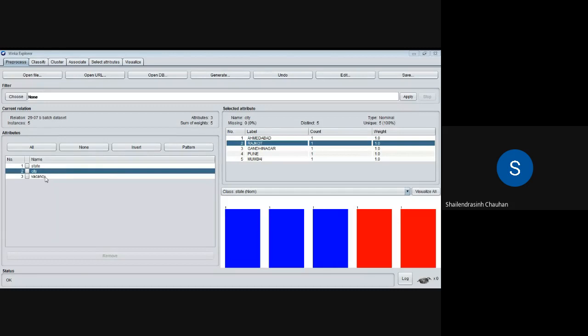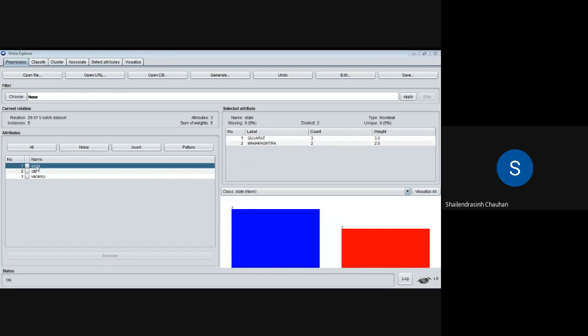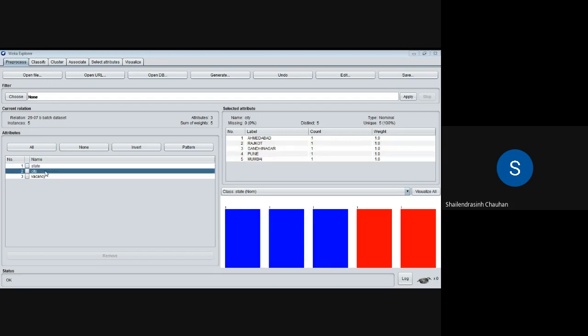And here we have changed class as state. Now, what is the meaning of this blue color and red color? For that, class as state, selected attribute state. So here you can say that blue indicates Gujarat and this indicates Maharashtra. So these are the vacancies in Gujarat-based cities, and these are the cities in Maharashtra.